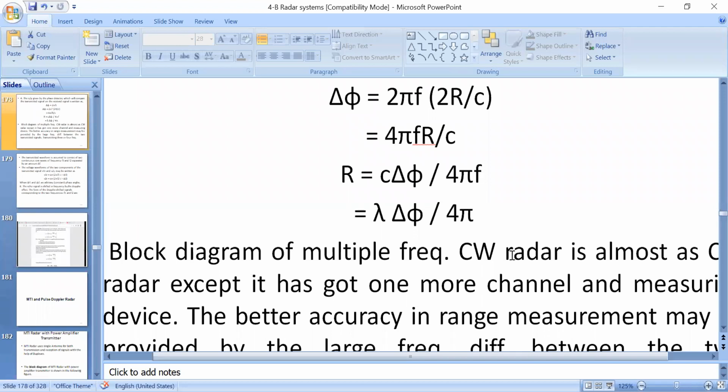So what is the main drawback of the basic continuous wave Doppler radar design? Range information is not provided. That was provided by using frequency modulated continuous wave radar and multiple frequency continuous wave radar, right? In a frequency modulated continuous wave radar, by using the frequency deviation, we measure the range. Whereas in multiple frequency continuous wave radar, by using the phase difference between the different frequencies, we can easily measure the range information of the moving target. With this, your second unit is completed. With this, I conclude today's class.